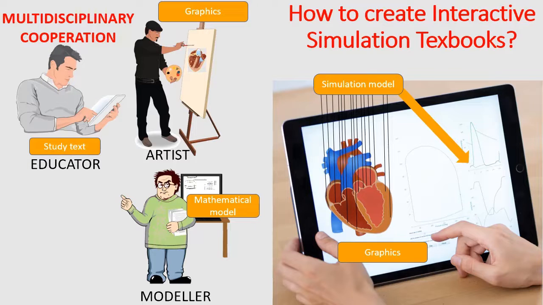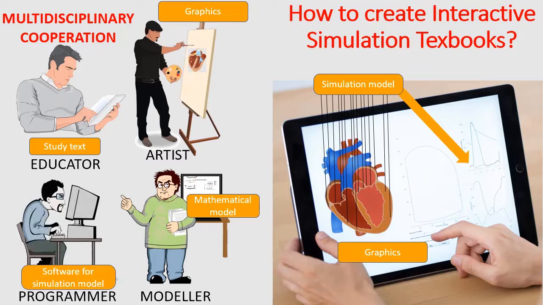The key is the educator, who formulates the study text and conceptual design of the whole simulation textbook. An important person is the programmer, whose task is to stitch the whole application together.